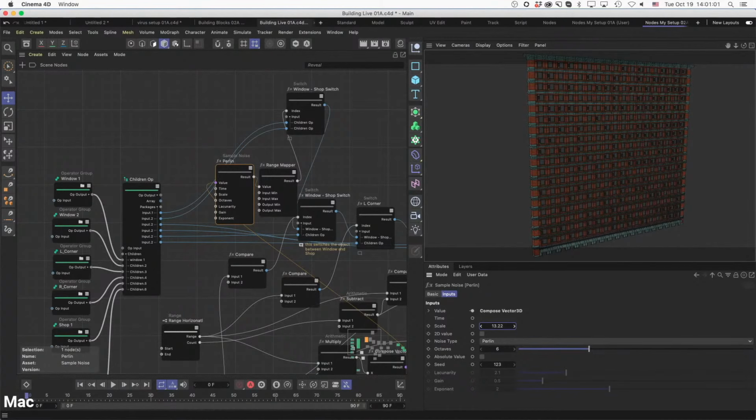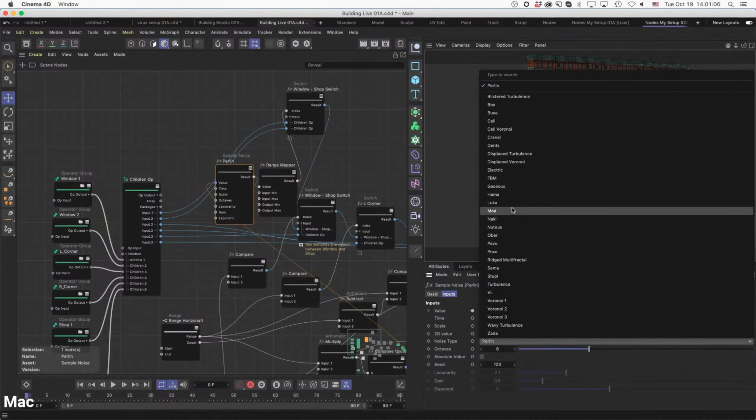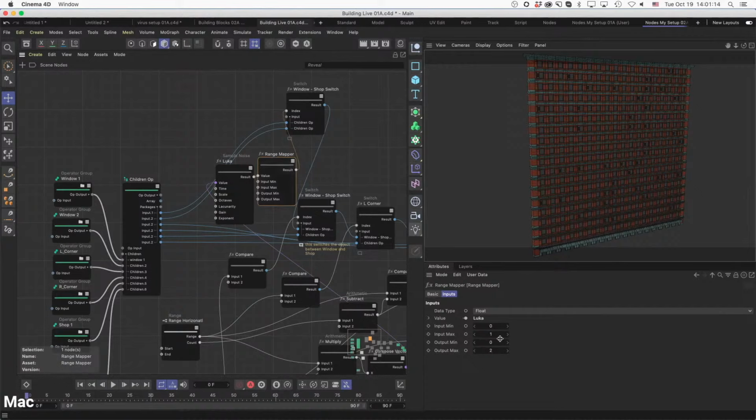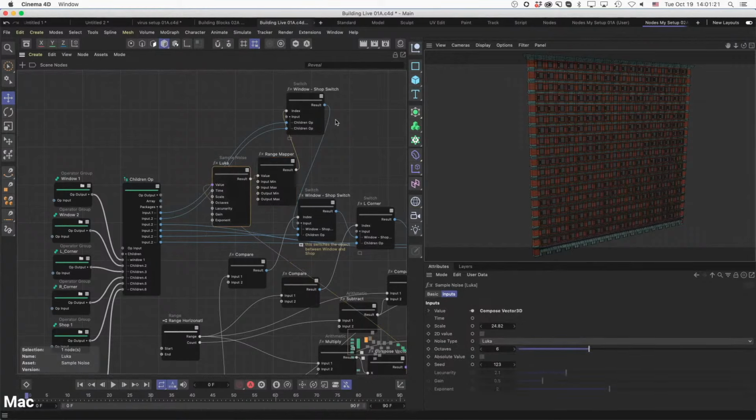If I had more windows, it would be more apparent. I can change the type of noise to something like a Luca and change the scale here as well. I don't know if I made a mistake with my calculation with the range mapper and my expectation of this, but nonetheless, by playing with these, we're now generating a noise-based